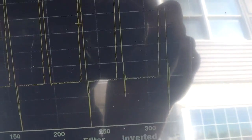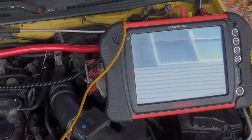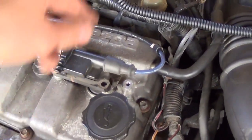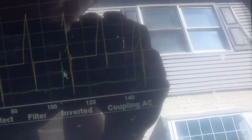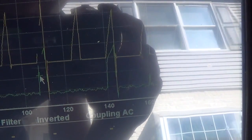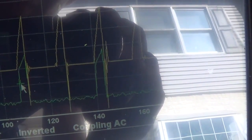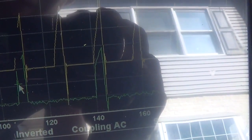Let's synchronize it with one of the coil inputs. Alright guys, getting interesting. So I'm synced off the coil number 2 control here. That's a green trace. You can see coil number 2 has that huge current spike, which means that spark